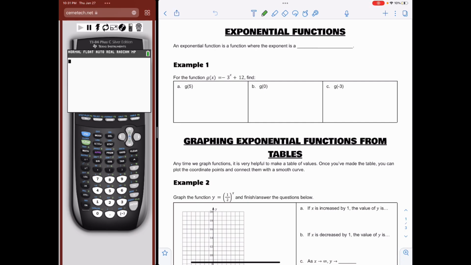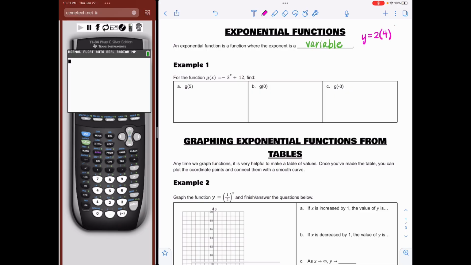Hi, today we're going to talk about exponential functions. So the first thing that we want to go over is the fact that an exponential function is a function where the exponent is a variable or a letter. So for instance, examples of exponential functions are if I say y is equal to 2 times